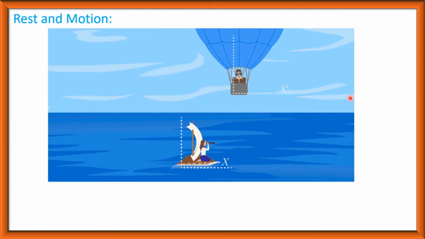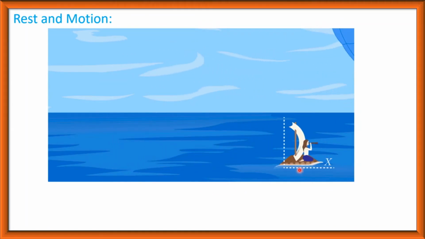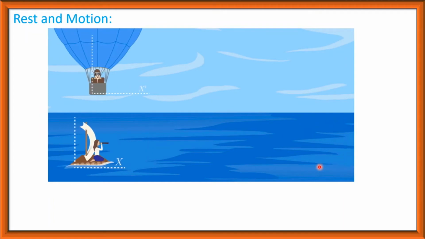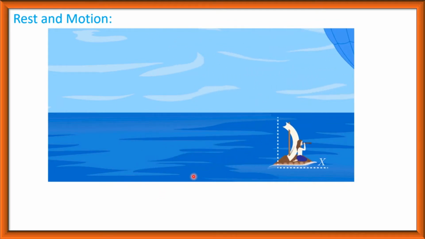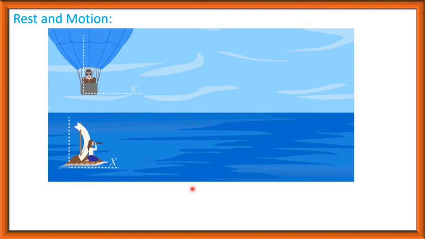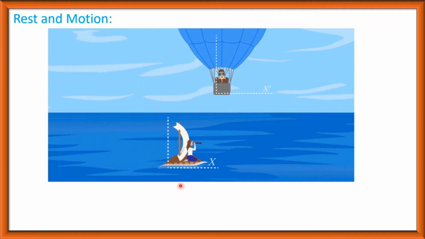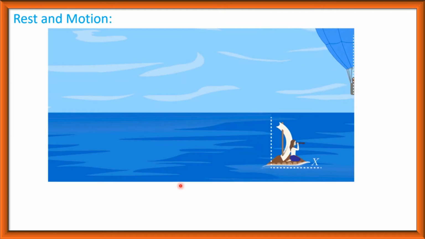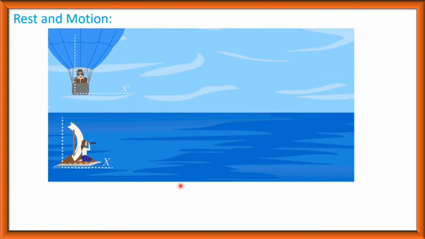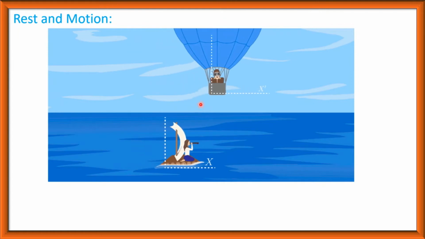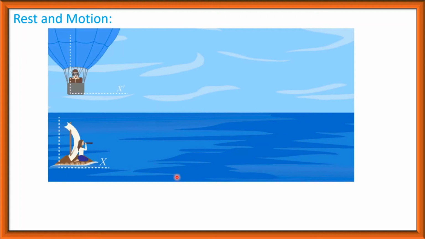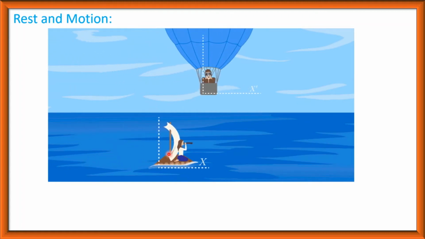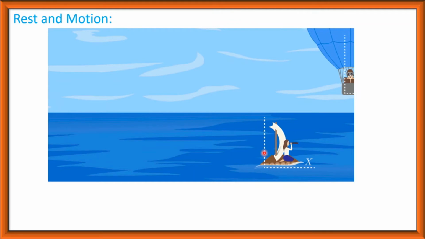Here, the observer or reference frame is in motion, and here the parachute is also in motion. That is, both of them are in motion with the same velocity. Therefore, the distance between them, that is position, is not changed with respect to one another. So they are at rest with respect to one another. That is, the parachute is at rest with respect to this observer or reference frame,